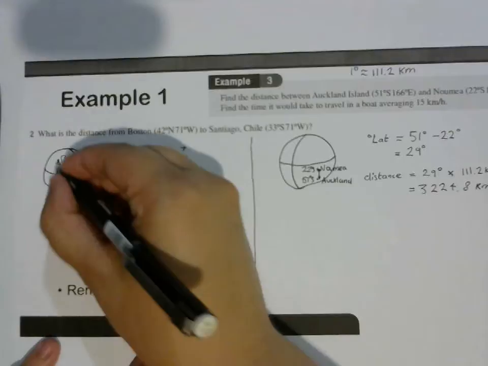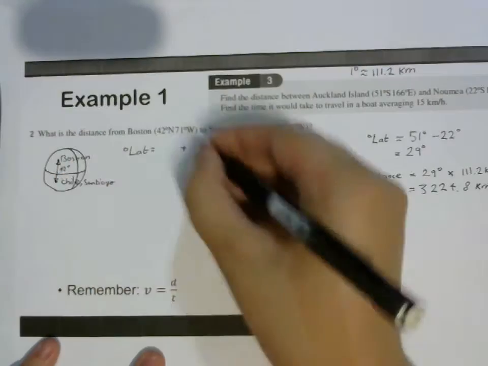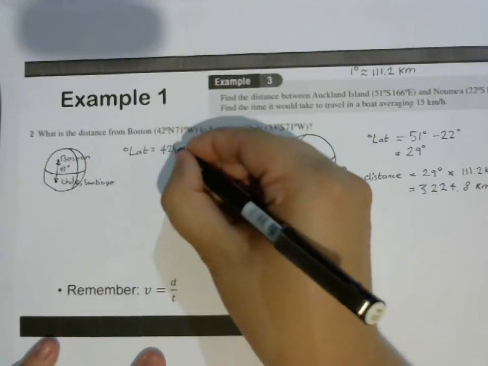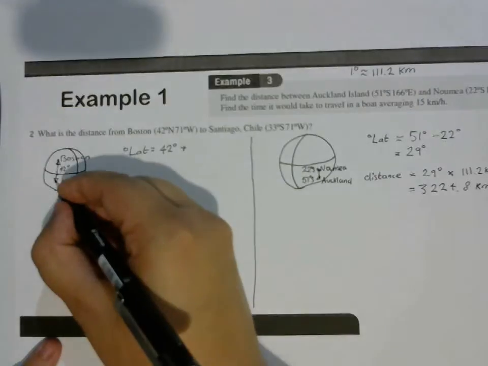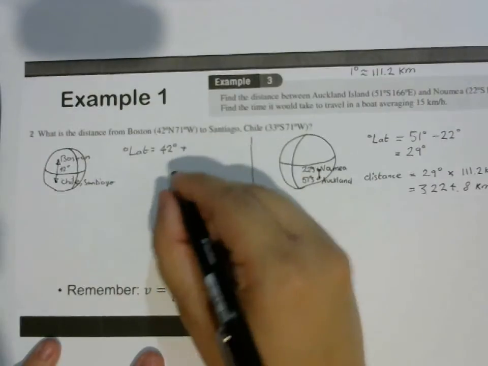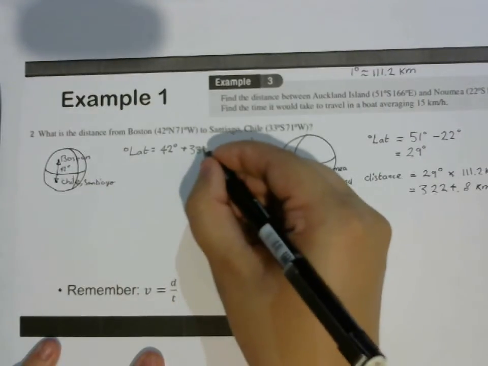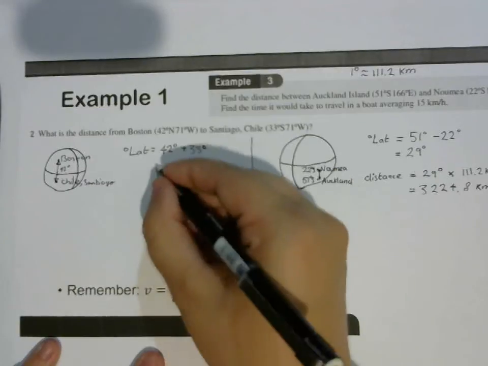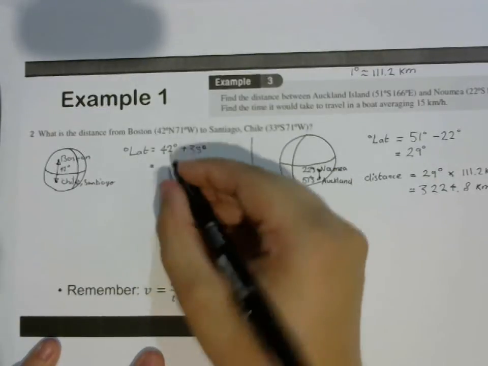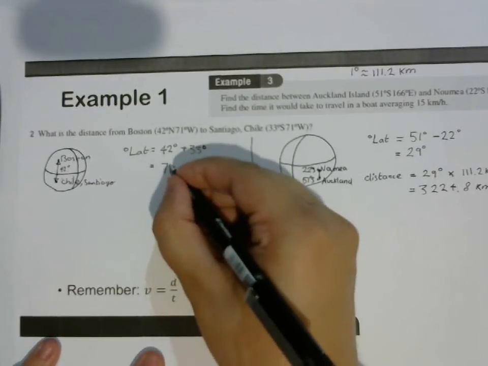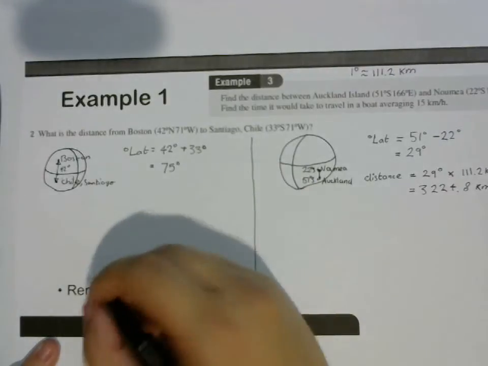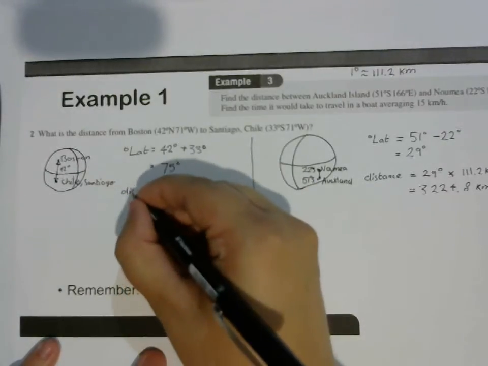So from the equator to Boston is 42 degrees. From the equator to Santiago is 33 degrees. 42 plus 33 is 75 degrees. And then my distance